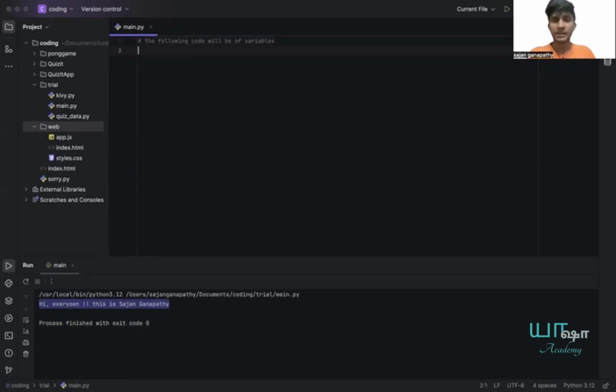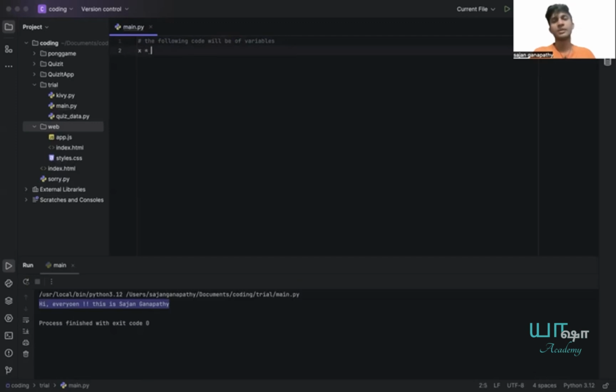So when we run this code, the interpreter first reads this line. When it reads this line, it notes that it's a comment, it doesn't execute it and moves on to the next one. So here we shall use a variable and assign a value to it. Let's say x